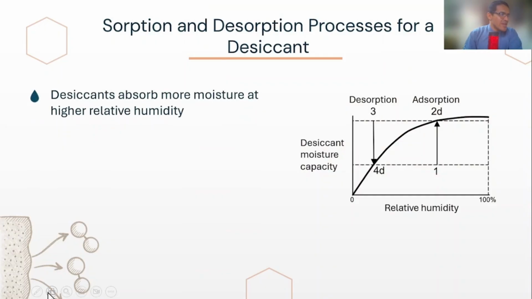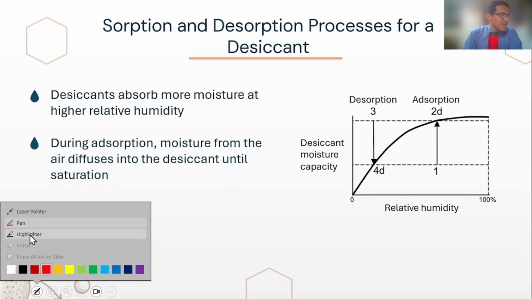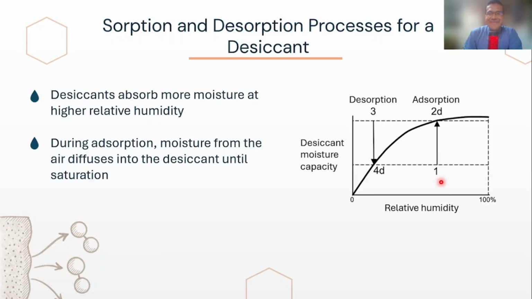Let's begin by looking at this figure. This curve here shows how a desiccant's moisture capacity increases with relative humidity. On the vertical axis, we have the ratio of water mass held by the desiccant to the mass of the desiccant itself. Then here we see at 100% relative humidity, typically desiccants can hold 20 to 50% of their dry weight in